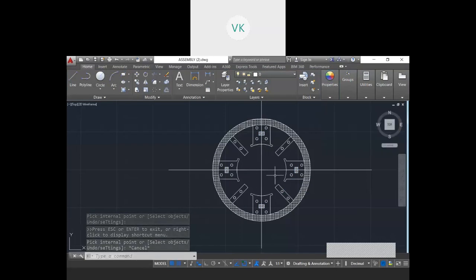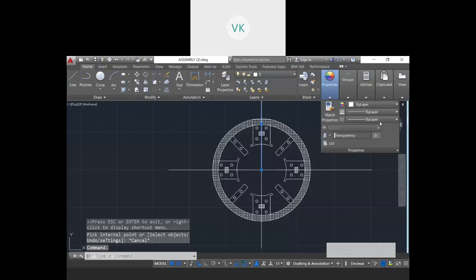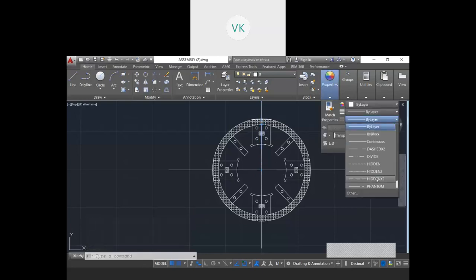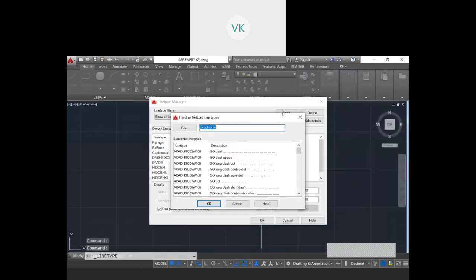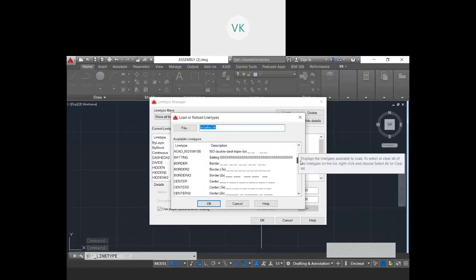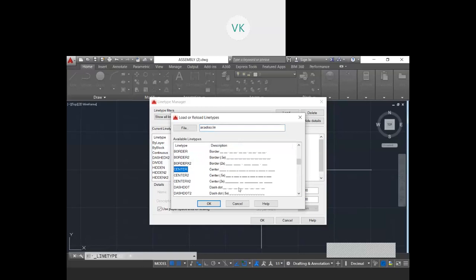So I will select these lines. I will load the line, some other line. Load. I will go for the center.